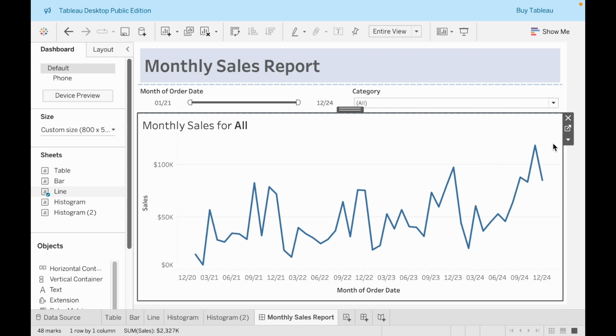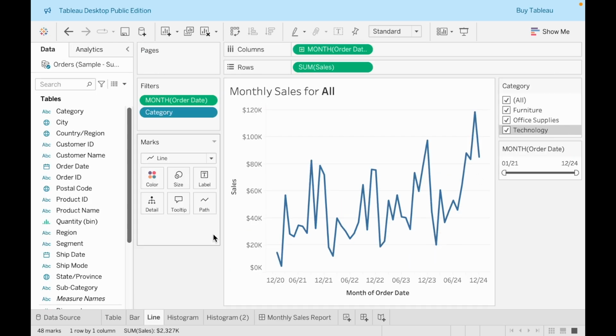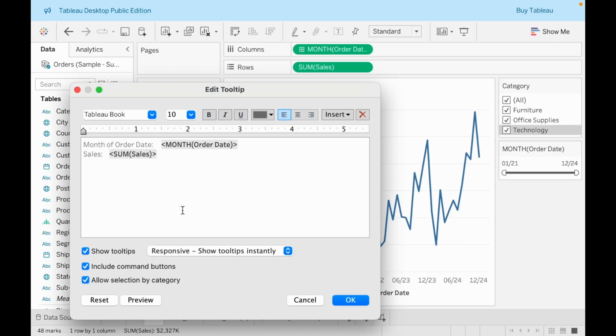Here's an example. To edit the tooltip, I will first go back to the worksheet. Then I click on Tooltip, which opens this window in which I can edit the tooltip. Right now we see that month of order date and sales are here in a bullet point form. But instead of bullets, I'm going to change them into a sentence. So I will say something like, for the month of, and then the value of the month,